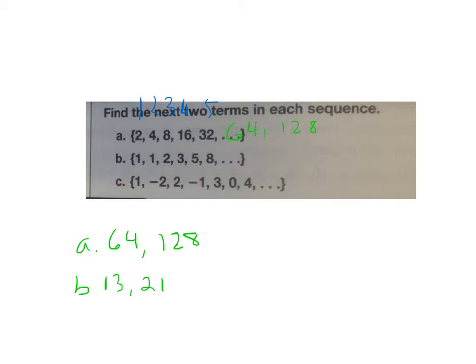All right, in C I've got a 1, and then a negative 2, and then a positive 2, and then a negative 1, and then a 4. So, let's see, multiplying 1 times a negative 2 will be a negative 2. Negative 2 times a negative 2 will be positive 4, so that can't be the case. Subtracting, 1 minus 3 is negative 2. And then to get to positive 2, I'd have to add 4. And then from 2 to a negative 1, I'd have to subtract 3, and then from negative 1 to positive 4,